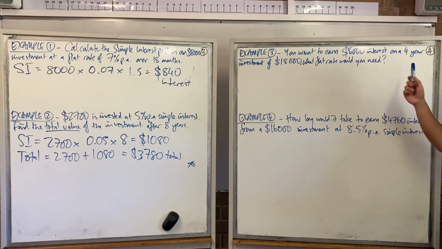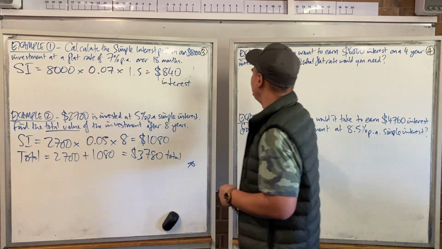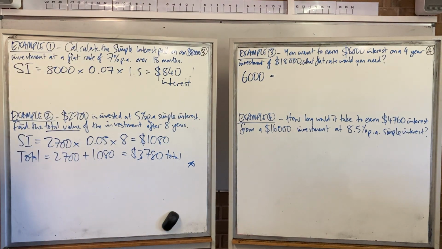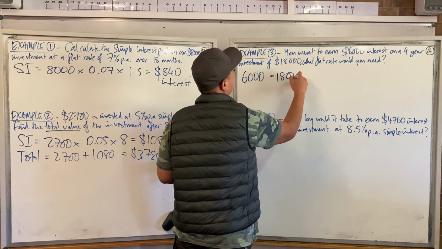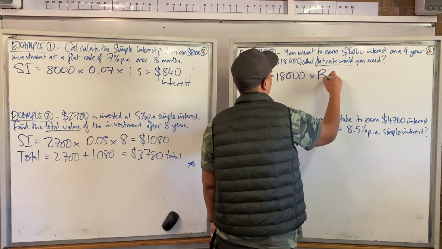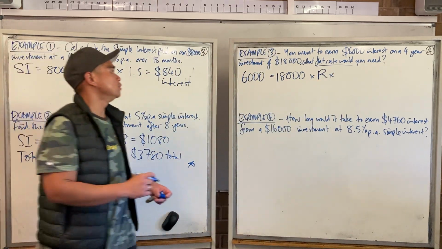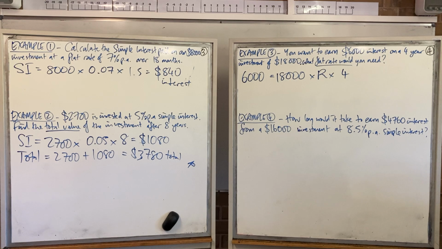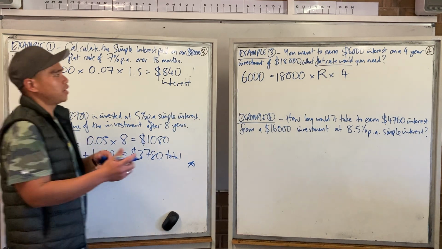So which one of these numbers is the SI, the simple interest part? 6,000. Good. It says I want to earn 6,000 interest, so that's the interest here. SI is equal to, what am I investing in the first place? To make 18,000, that's my P. What flat rate? So I don't know what R is. That's what I'm trying to find. So I make that R times by T, T4. Good. Does the order of multiplication matter? What's 1 times 2 times 3? What's 3 times 1 times 2? Are those multiplications? So I could rewrite this as